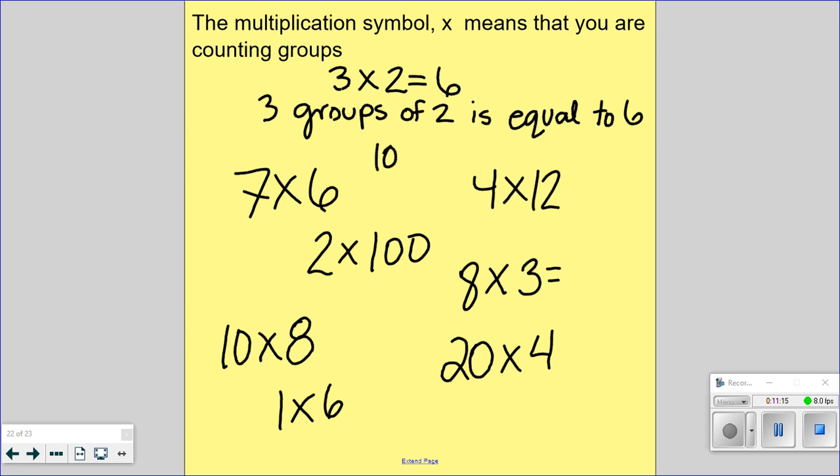What about this one? Oh my God. Callie, you think you can read that one? It's a big one. Oh my God. You can. 1,000 groups of 1,000. So imagine maybe a stack of 1,000, and then I have 1,000 of those stacks. That would be so many. What about